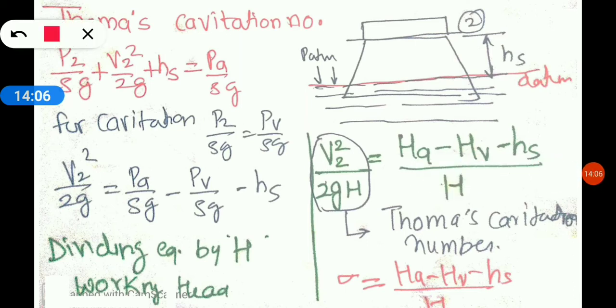Now we know that here this is the exit of the turbine and this is the draft tube. So at the exit of the turbine, the pressure would be very low because of the linear draft tube, and just because the pressure would be very low, here the cavitation might occur. When the pressure goes below the vapor pressure, the cavitation will occur, and that will generate so many bubbles. Thousands and thousands of bubbles will be generated, and those bubbles will travel in the high pressure area, and in